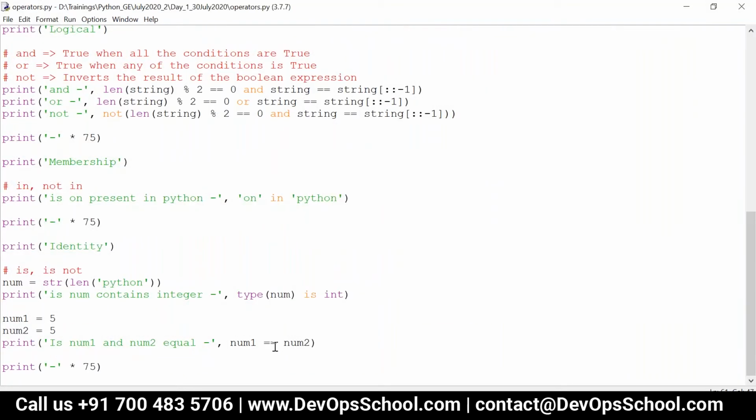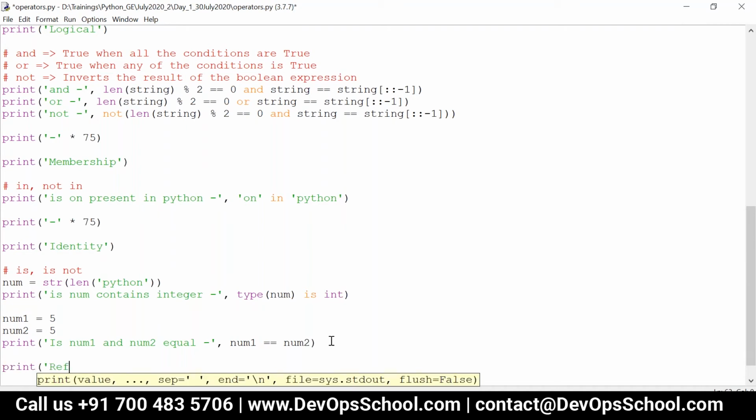Now, whenever I say num1 is num2, it checks whether both variables are pointing to the same reference, the same memory location. We can print the reference using a function called id.